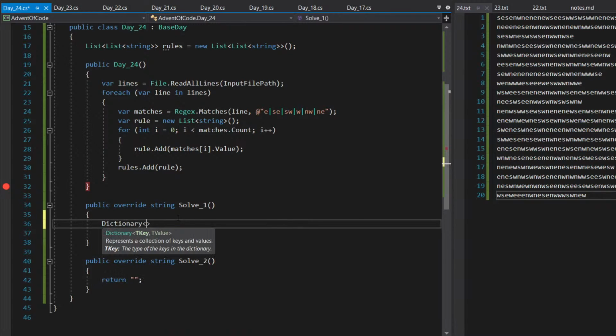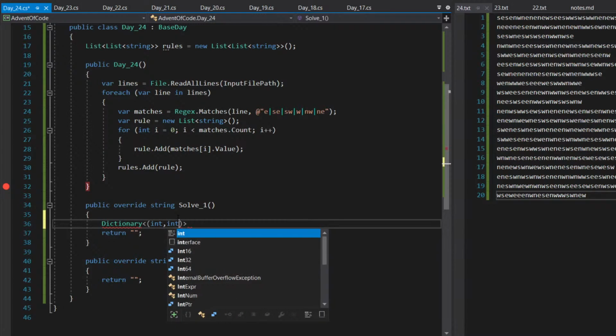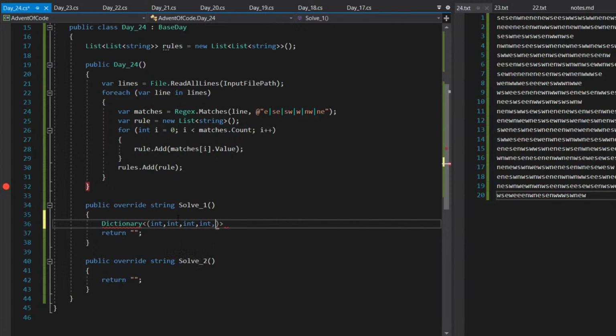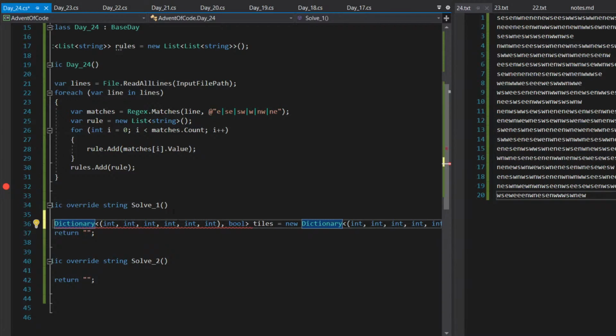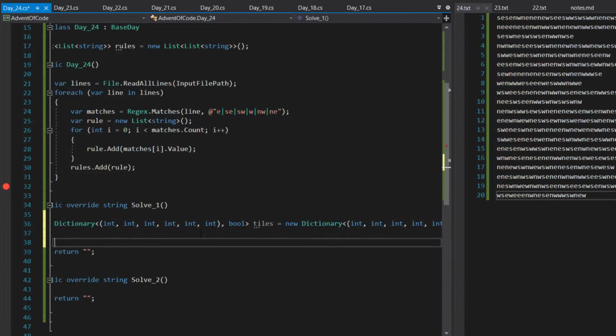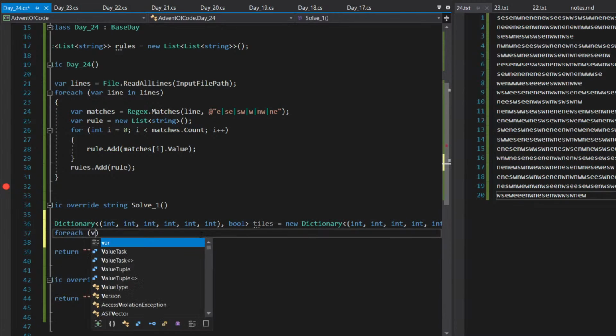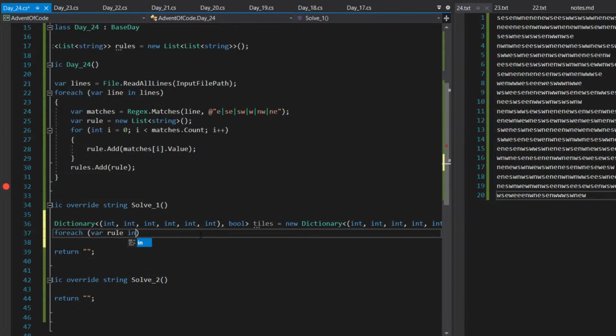How about a dictionary of tuples? 3, 4, 5, 6. Oh my gosh, that looks terrible. And for each rule in rules,